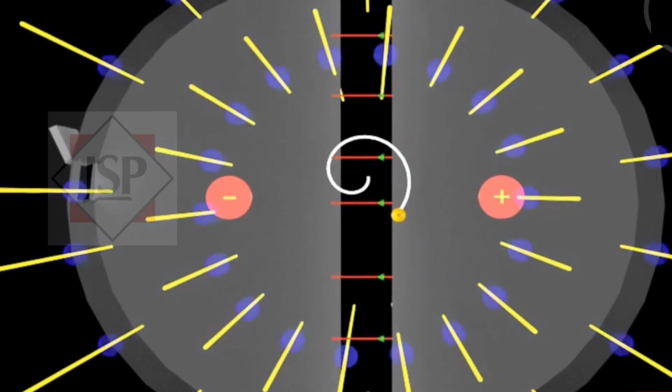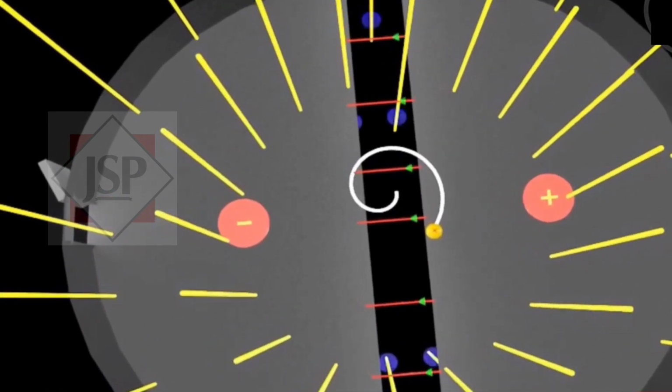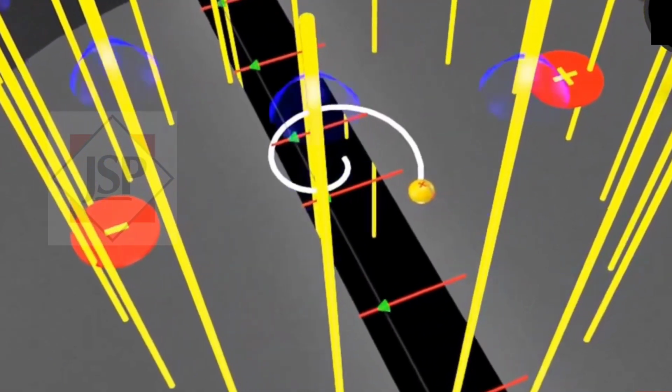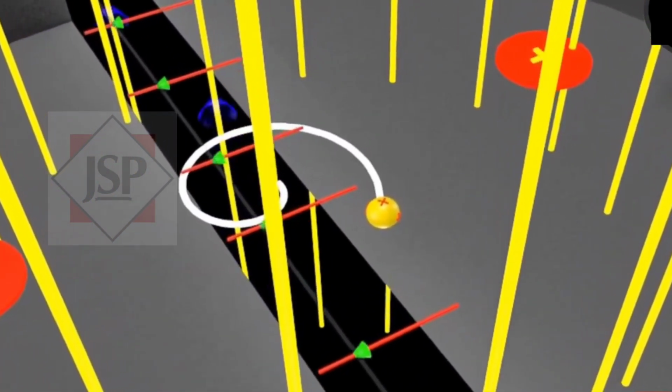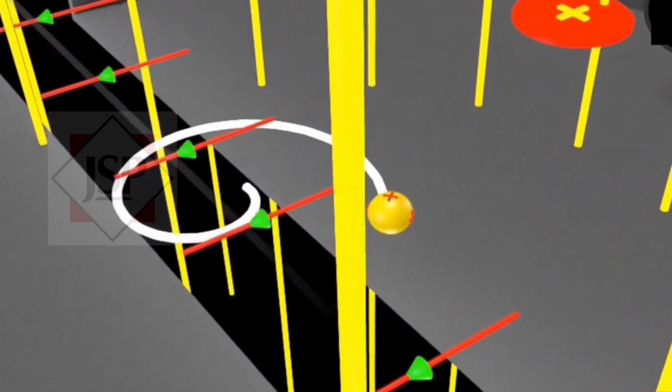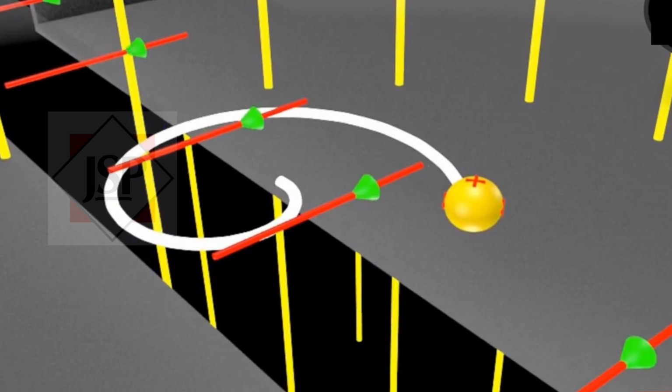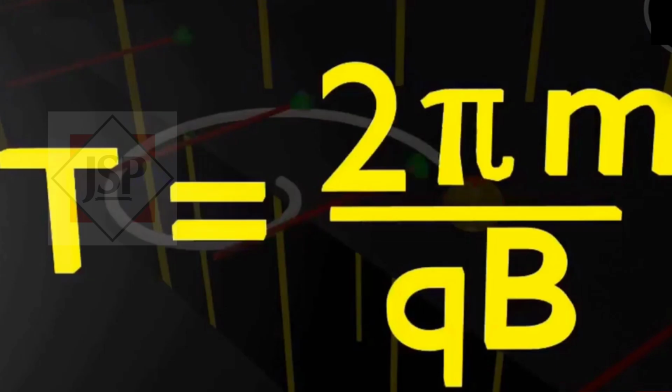The condition of working of the cyclotron is that the frequency of the high tension oscillator must be equal to the frequency of revolution of the positive particle within the D. Then only, whenever the charge is in the gap, the electric field is along the velocity. You may ask a question: if the radius is increased, then the time period of revolution should also increase. But it's not true, because the time period of revolution of a positive particle in a cyclotron is independent of the radius of revolution.